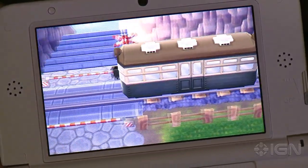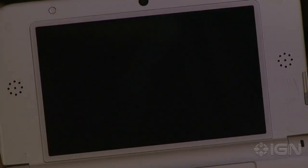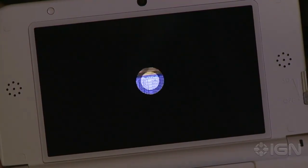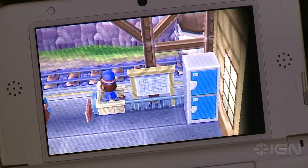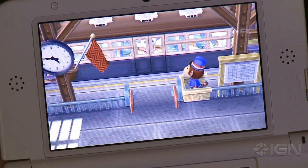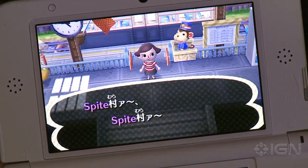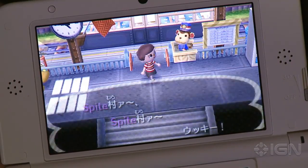I have set up the town, and I've played it a fair amount, so I've unlocked a bunch of stuff. The way this one works is that the longer you play, the more points you add up, and as you earn points, you begin unlocking different shops and different areas in town. So you've got a very stylish look. You kind of look like Peggy Olson from Mad Men. That's cool,